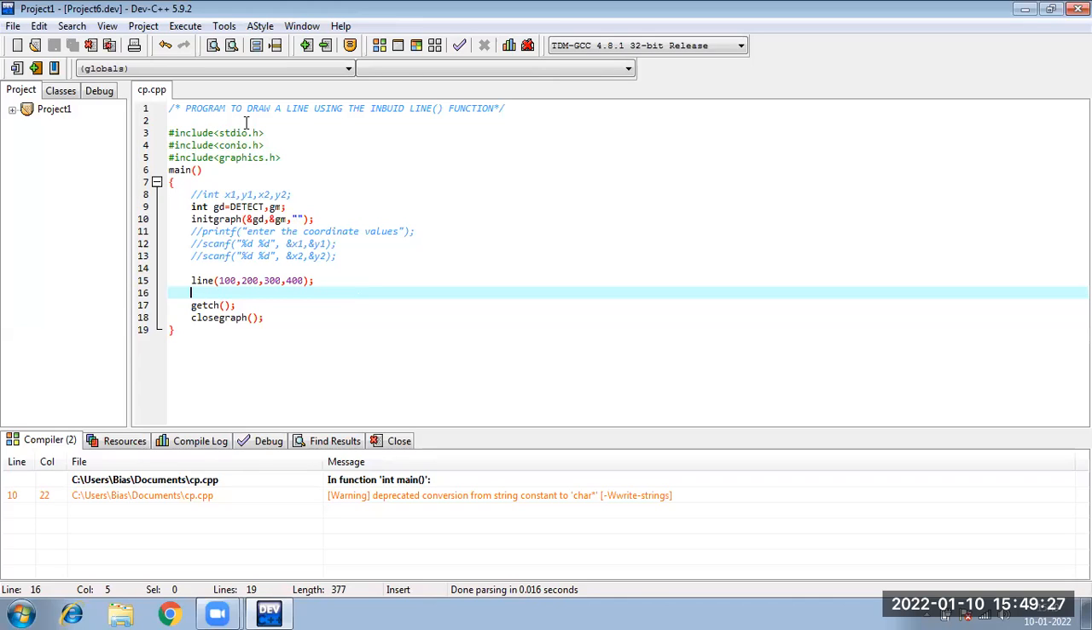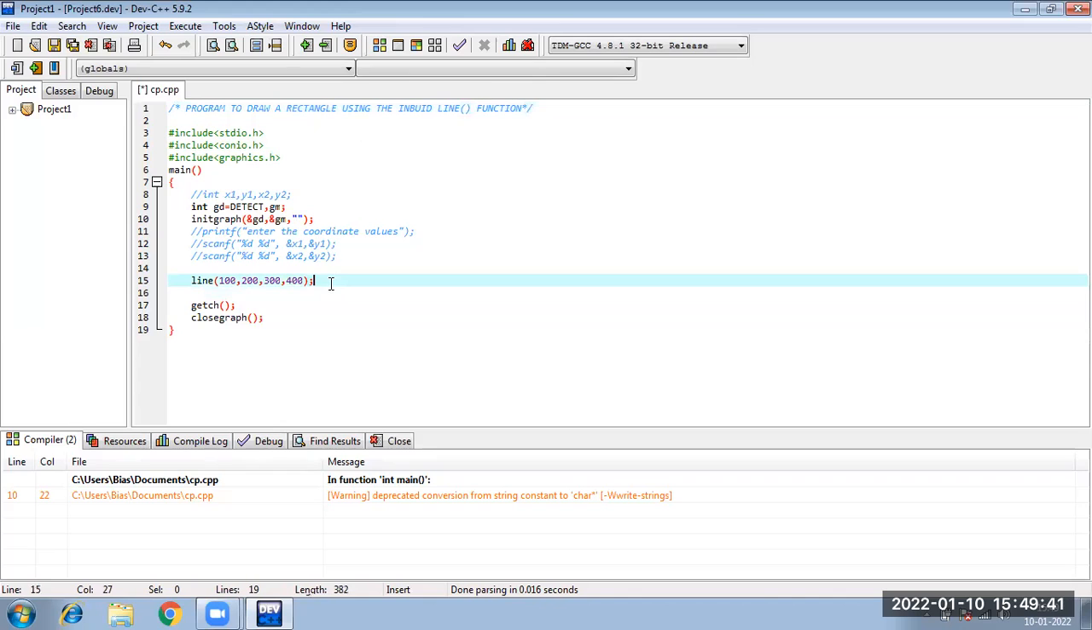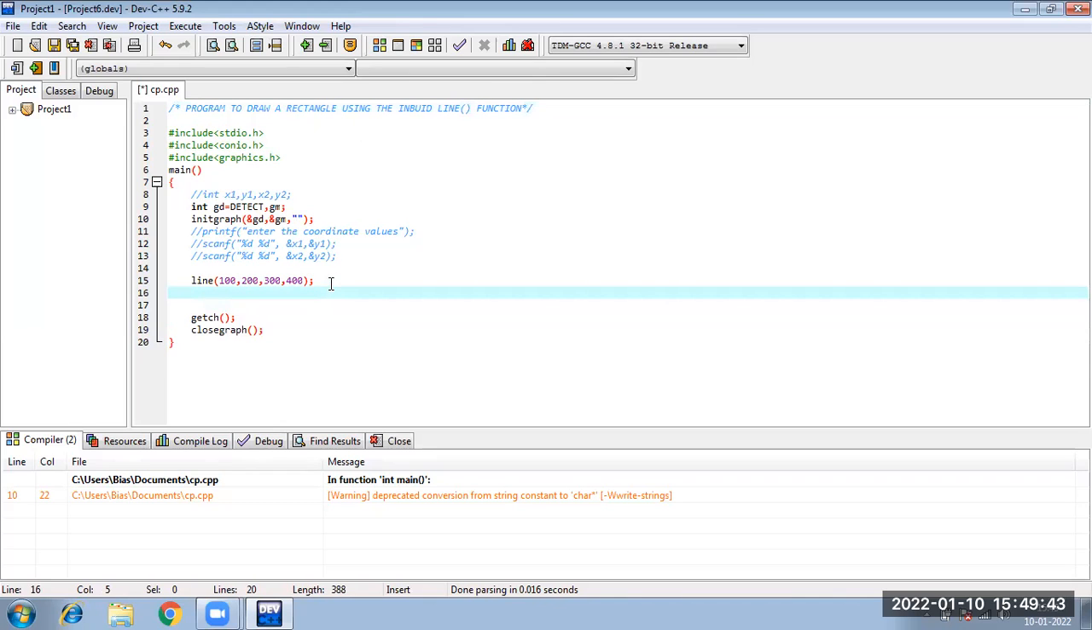Okay, suppose a program to draw a rectangle. Suppose I am first showing it using the concept of line. Okay. Now, we saw that our line function did what? Given any two coordinates, the line function can draw the line between those two coordinates, right? So suppose,